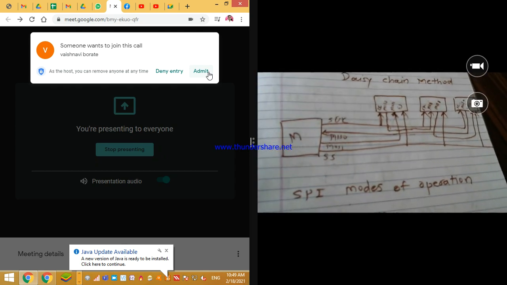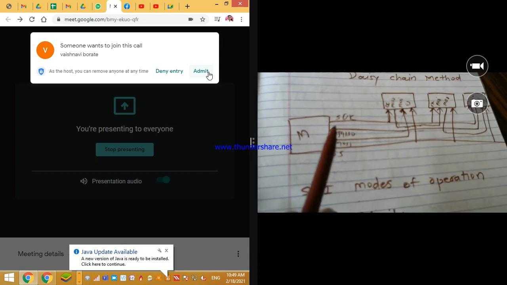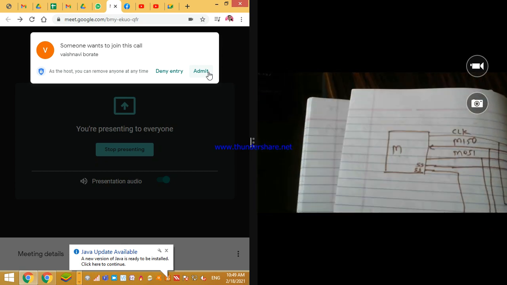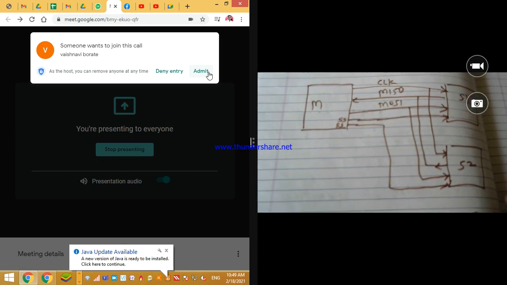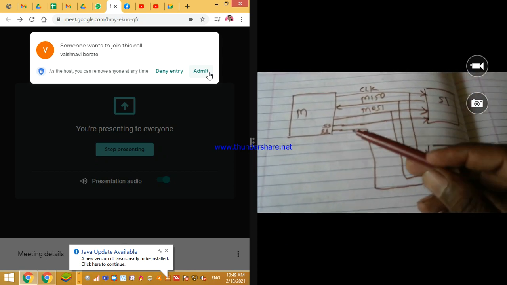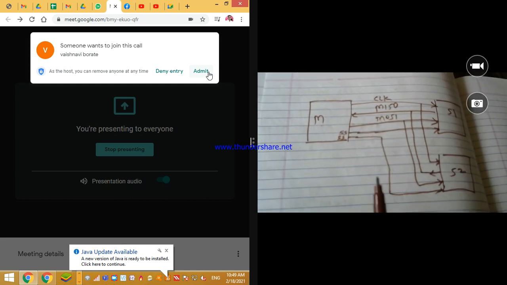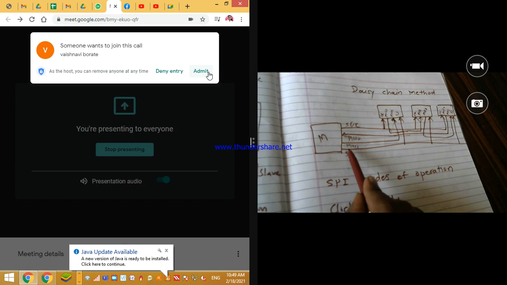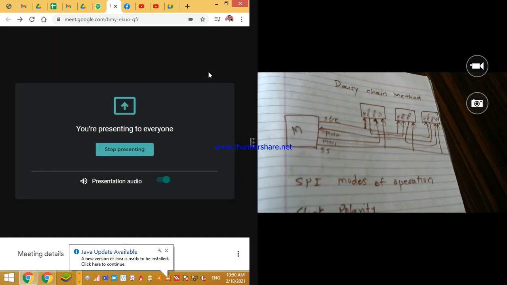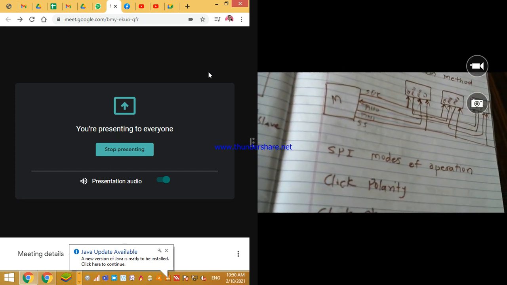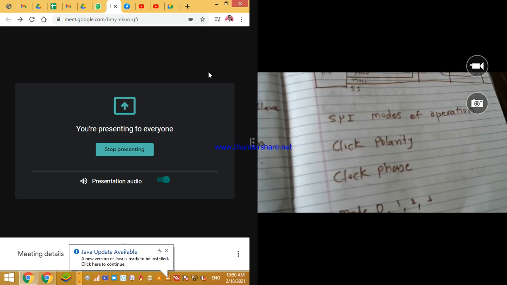Through one slave select line, we can connect multiple slaves over here. There is a different method that we have seen. By adding a number of slave select pins, we can connect multiple slaves to the master for the data transmission, right? Those multiple pins are used. But here, only one line is used and we have connected multiple slaves. Right. Then next thing that we have to understand.